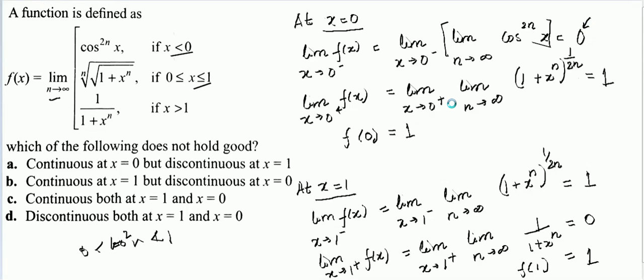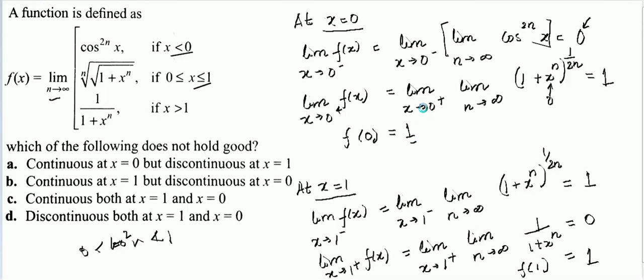Similarly, for the right hand limit, I have just simplified this expression to (1 plus x to the power n) to the power 1 by 2n. And when you are slightly above 0, you still have a value of x within the modulus of x less than 1 category. So when you raise that to a power of n, that term will also become 0 here. So 1 plus 0, whole to the power anything, will actually be 1. And obviously the value of the function at 0 will be 1 to the power of 1 by 2n, which is also 1.